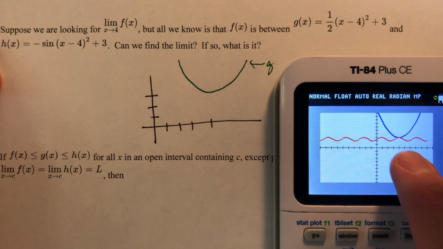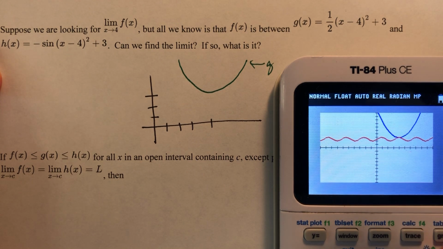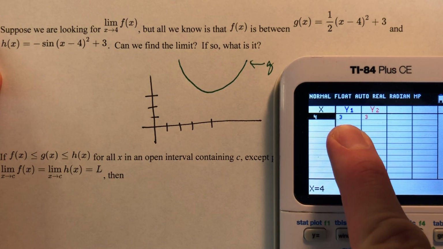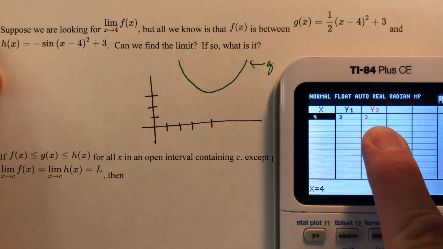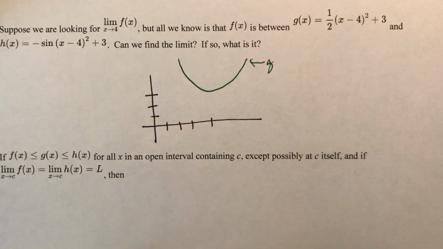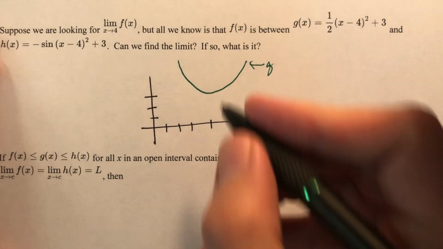There it is. Do you see what happened here? Do you see what happened at 4? You get a 3 on the g function. You get a 3 on the h function. So if I was to graph the h function, which I'm about to do on my paper, I would have